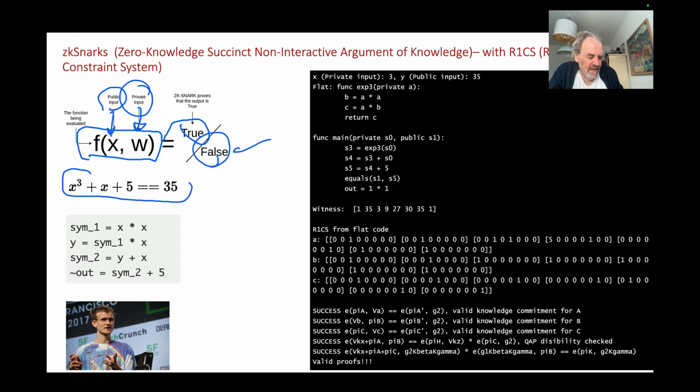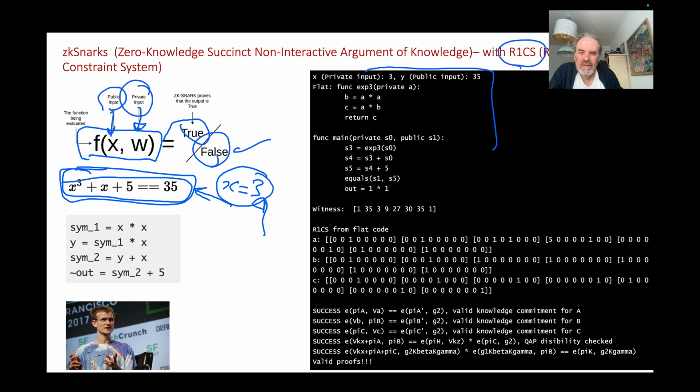One example is to take an equation such as this, and we should be able to prove that we know that the answer to this is 3. For this, we create our zero-knowledge proof and prove that we know that the answer to this equation is 3. For this, we actually create what's called an R1CS file, and this allows us a very quick check that the answer is actually correct